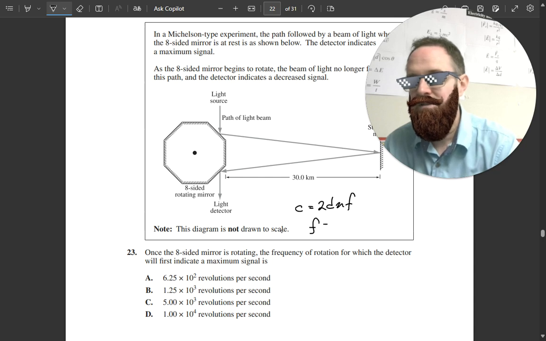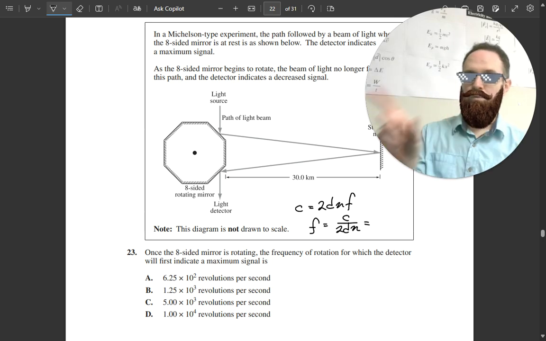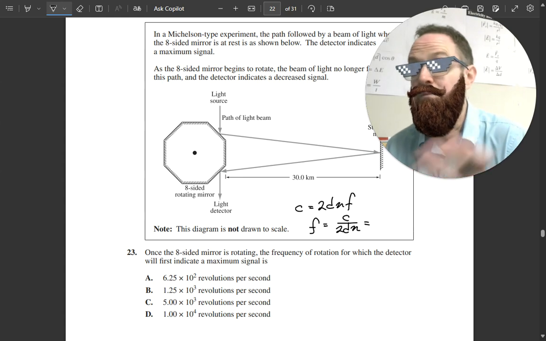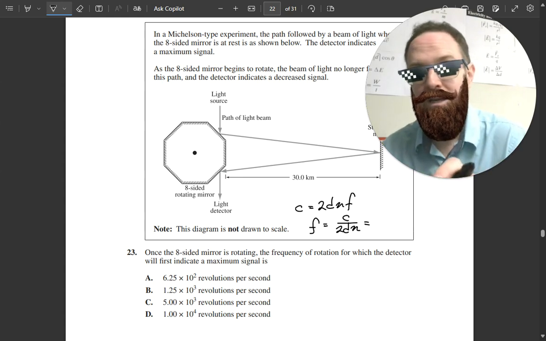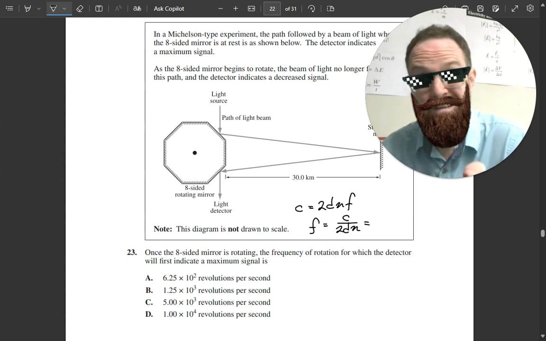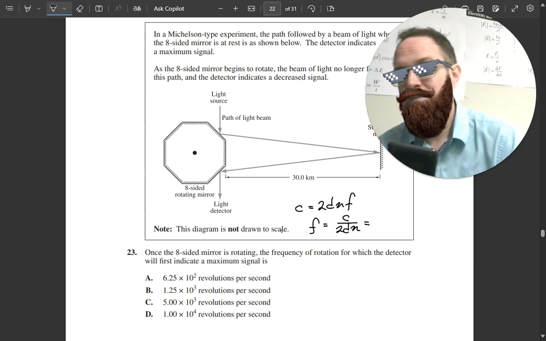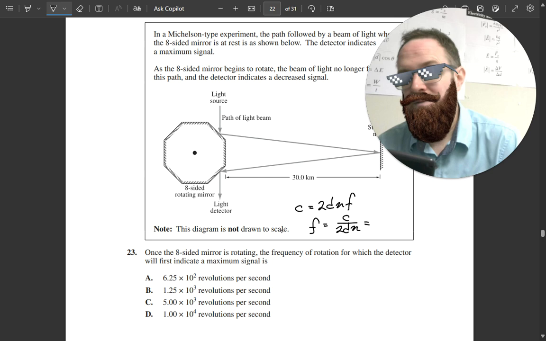So my frequency is going to be c divided by 2dN. Here, they only give us a one-way distance, so that 2 reminds us that it has to go both ways. So if they already gave us the both-way distance, then don't put the 2 in, right? The 2 is there to remind us that we have to go both ways. This has got to be in meters, because the speed of light's in meters, so this is